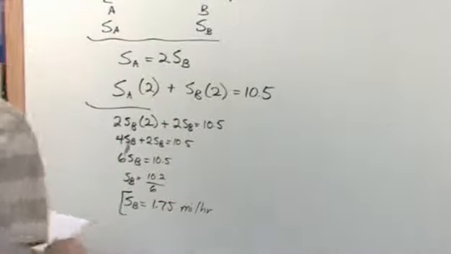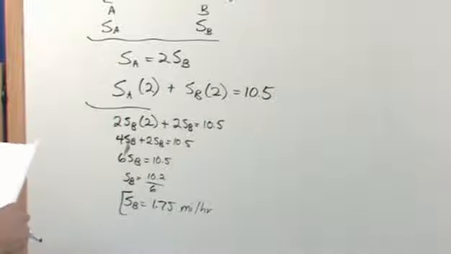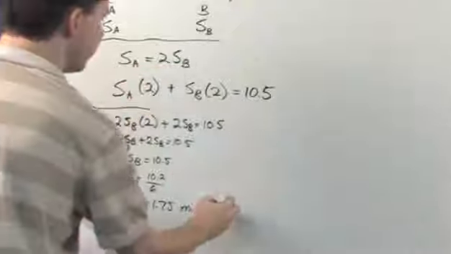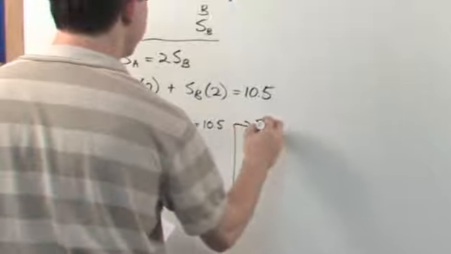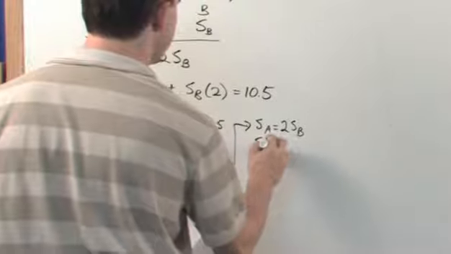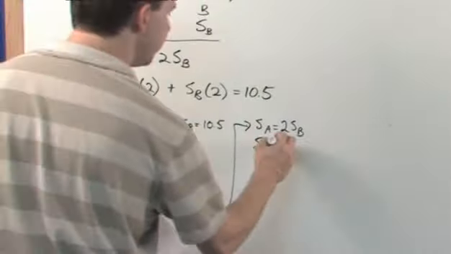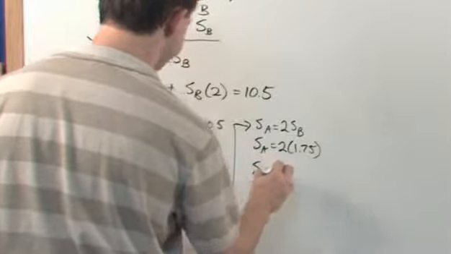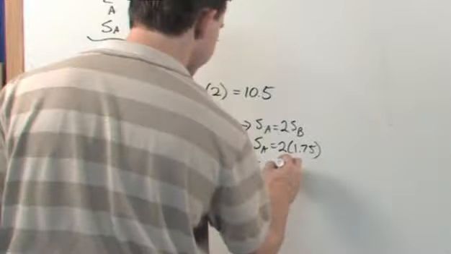So we found one of the speeds, 1.75 miles an hour. And then to find the other one, you just take this and plug it back in here. So SA is equal to 2 times SB, 2 times 1.75. So then SA is going to equal 3.5